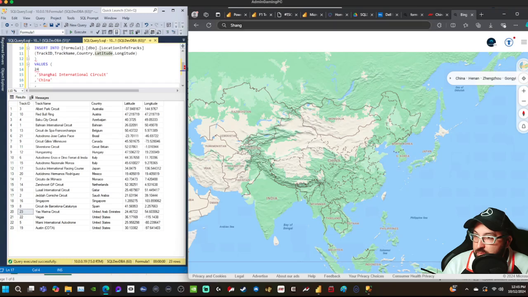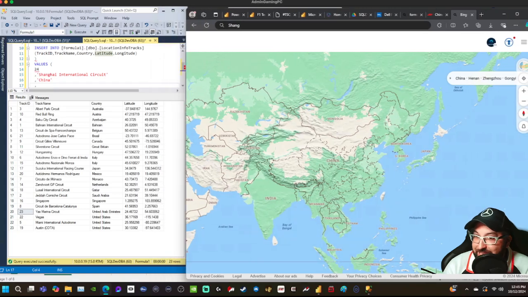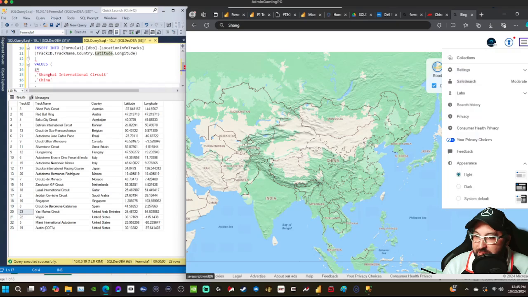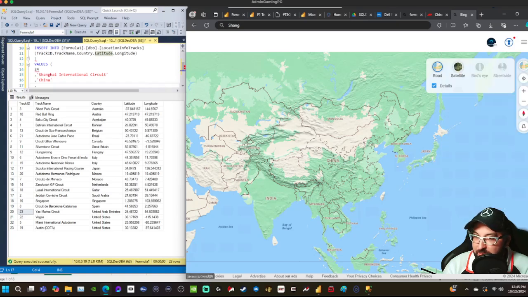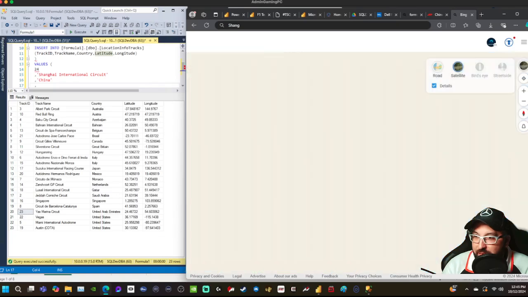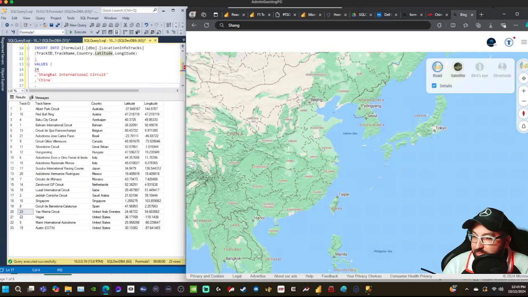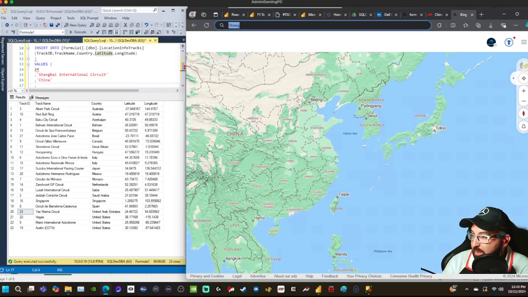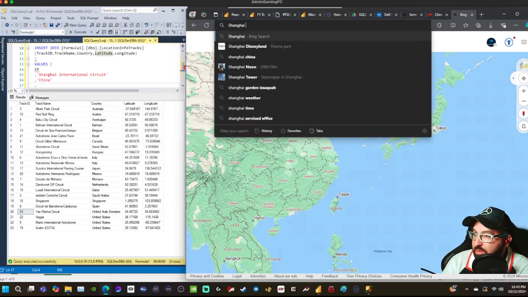Okay. So am I just missing something here? There's no search bar? Come on, Bing Maps. Don't do this. Just let me search for stuff. There's like no menu. It's just like, yeah, you just want to explore maps. That's what it is. All right, so Shanghai International,